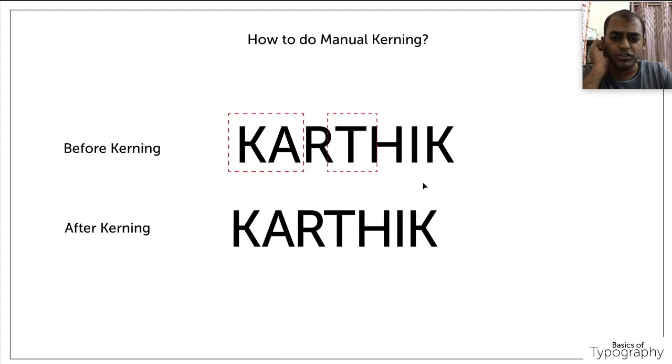Okay, so here are some examples. If you see the troublemaking letters, this is the name Karthik. K and A both are slanting. When you look at it overall, here there is no spacing in the kerning, but here there is more spacing. And based on the K and A spacing, if you see R, it has more. The spacing will be done with respect to the previous letter only.